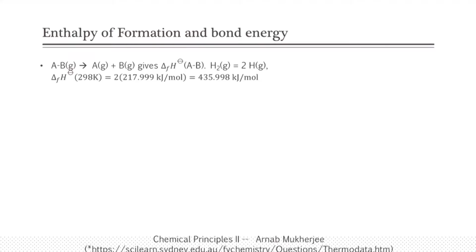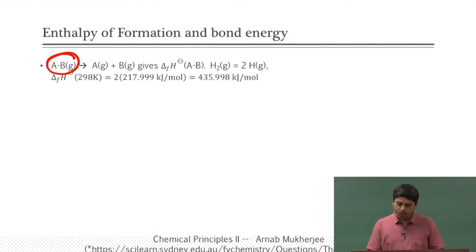Let us say we are talking about AB formation from A and B. Looking at the enthalpy of formation of AB, if A and B are in standard states, then we will get the bond energy of AB. For example, H2 is forming from 2 H, like 2 hydrogen atoms, and the enthalpy of formation is typically 2 into 217.999, giving rise to 435.998 kilojoule per mole. So that is the formation of